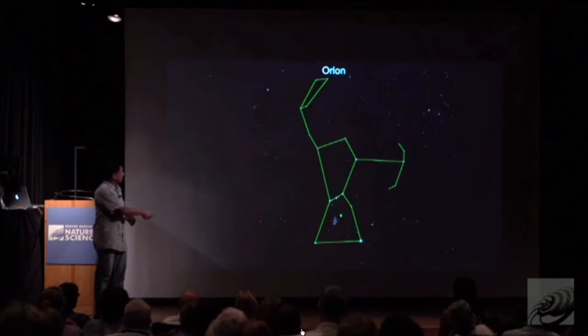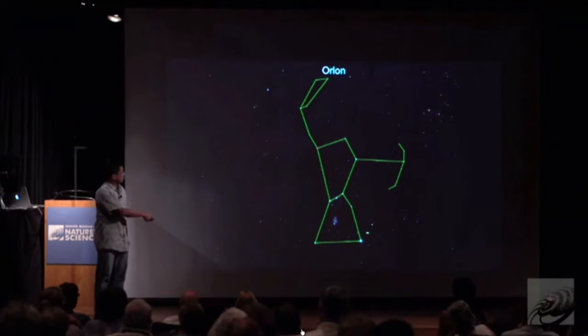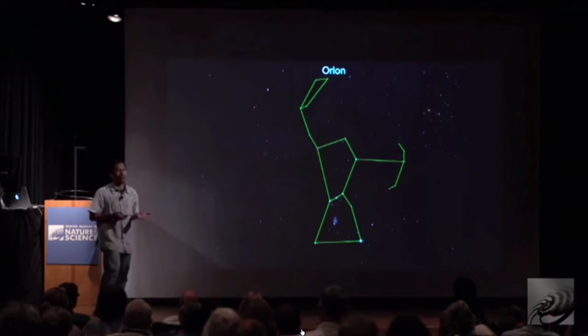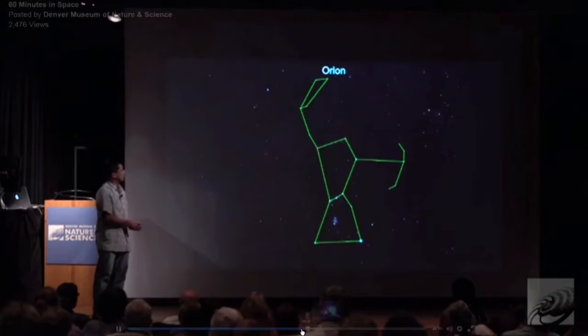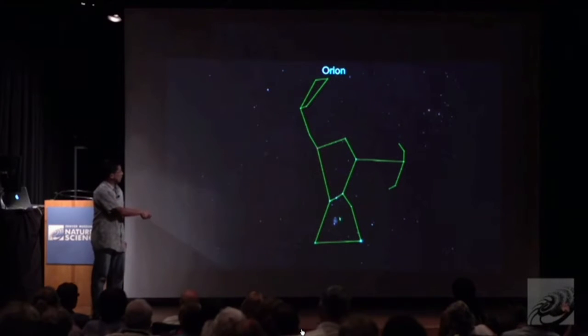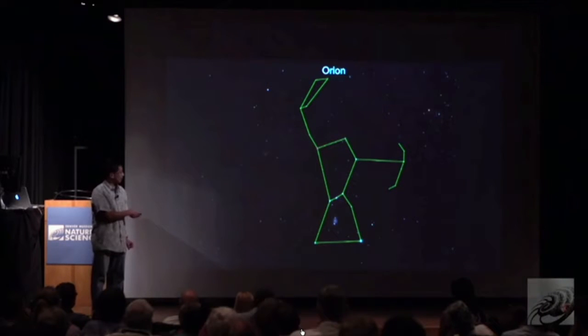Orion has the 3 belt stars, and there's also the red star Betelgeuse that makes up its left shoulder, and the star Rigel that makes up its right knee. Orion is often depicted as a hunter, and hence you have a club or some kind of weapon and a shield in the other arm. But there's also a sword that's often seen hanging down from Orion's belt, and it's in that sword that the